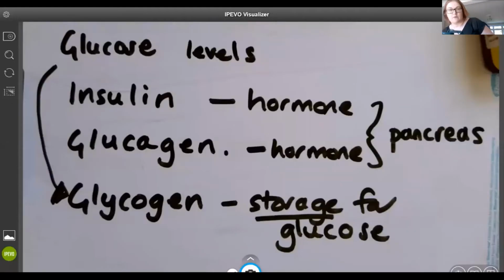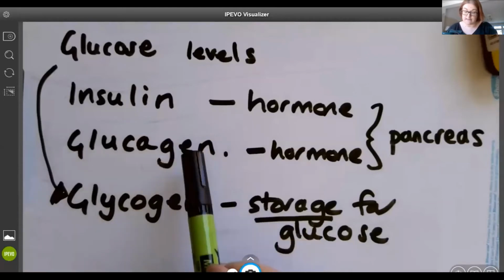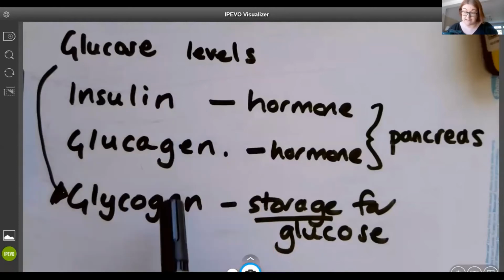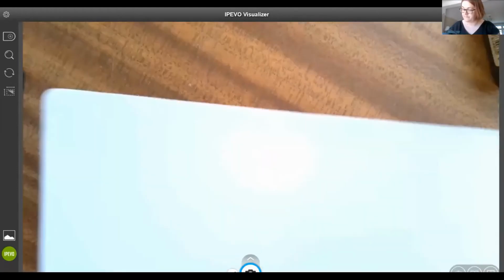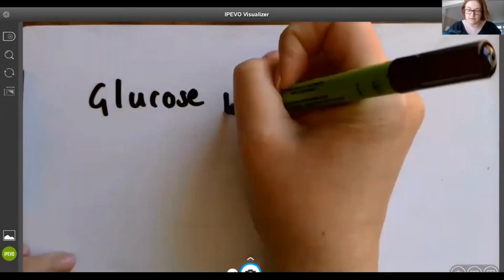So let's go back to what we had. We said we were looking at glucose levels, and we've got these two hormones, insulin and glucagon, and how glucose gets converted into glycogen, which is a storage substance for glucose. So we're going to have a look at that. Turn over my board. So let's see, if our glucose levels go up,